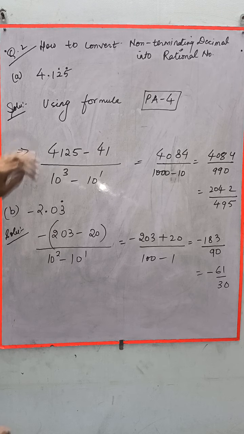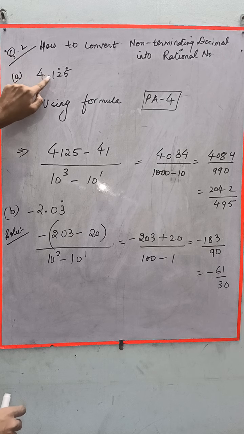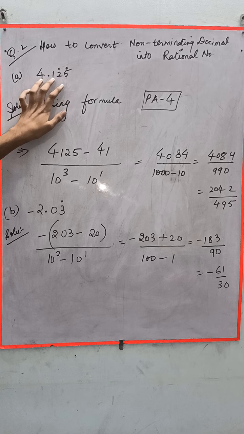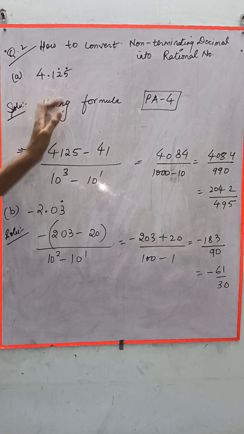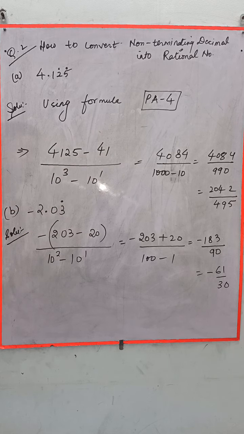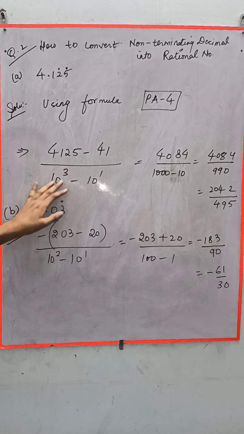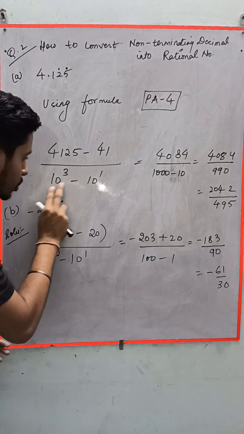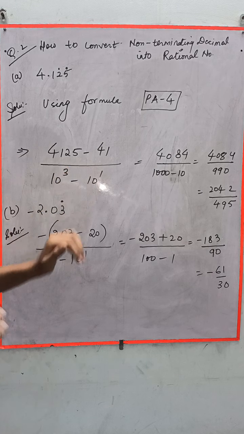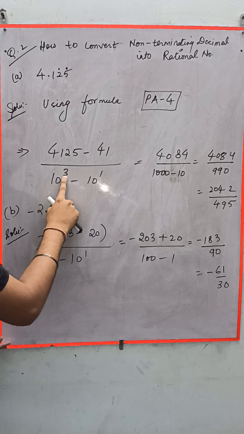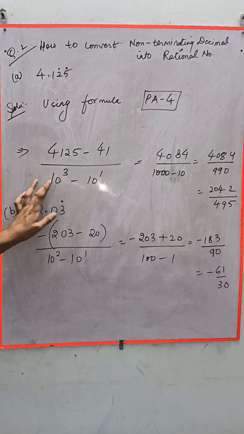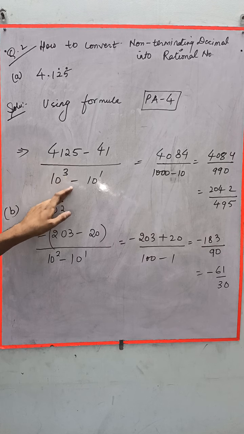Now what does this say? Before this recurring, how many digits are there? Now just forget this decimal. As 25 is recurring, 4 and 1, that means 41, is the term which is not recurring. So you have to write here the whole divided by 10 cube. Now this 10 to the power, how this 3, see, they will always be 10 to the powers. Now how do we see these powers? This 3 is after the decimal place, how many digits are there? 3 digits. So that is how I have written 10 to the power 3, minus 10 to the power